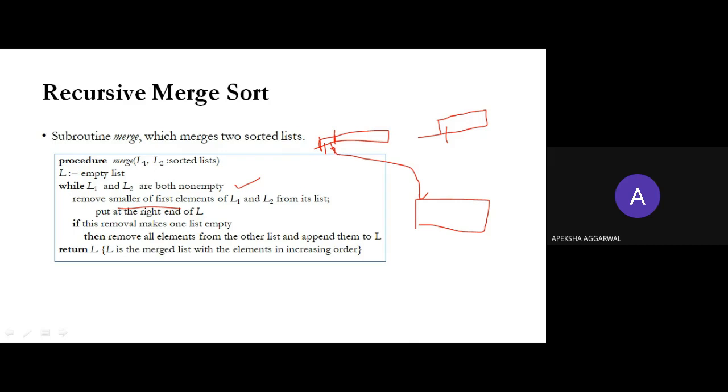Now, if this removal makes one list empty, if only one element was there, then what will you do? If this list was not there, okay, what will you do in that case? Yes. Sorry,